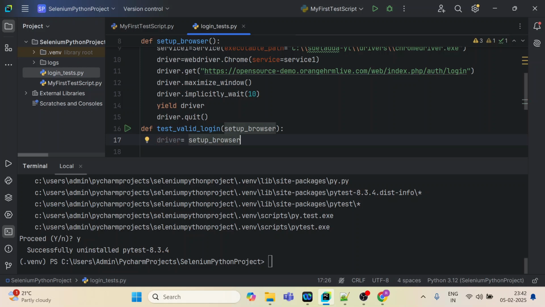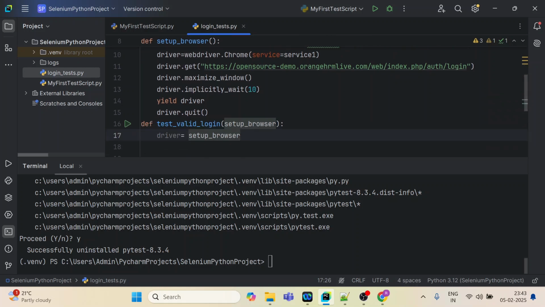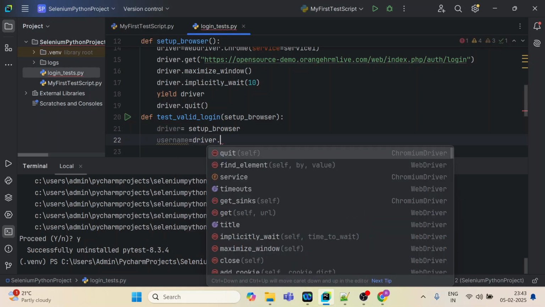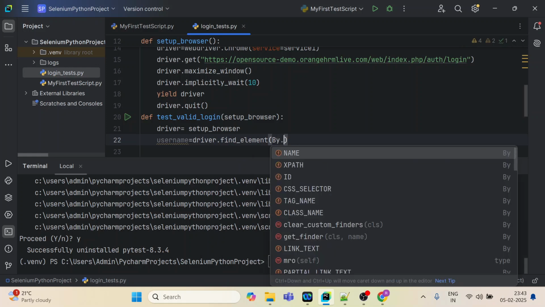Okay, with this decorator, the scope is set to the module. So this will be available to this function, and this setup browser method can be called. Okay, this particular method will be called. All right, so now what you can do, you can just identify the XPath of the web element. So with this find element and By dot,